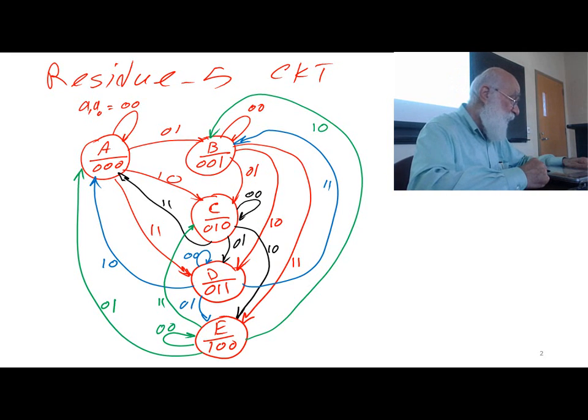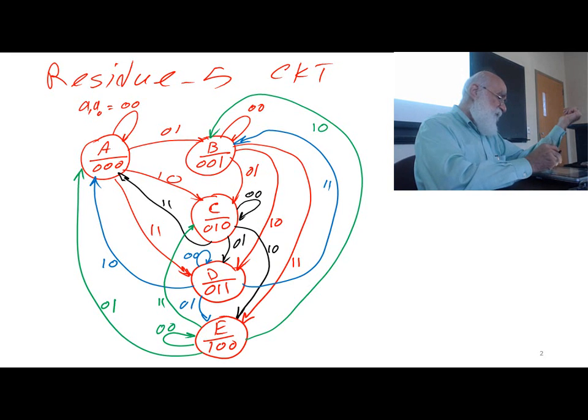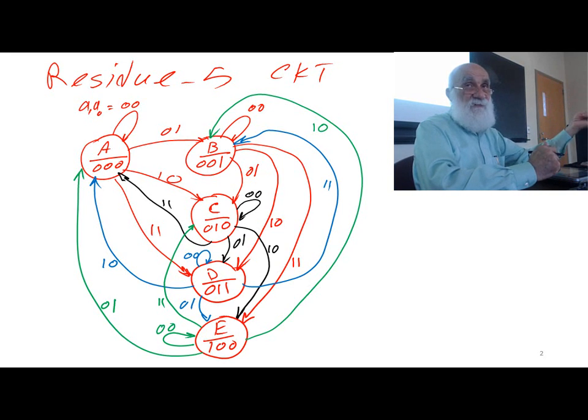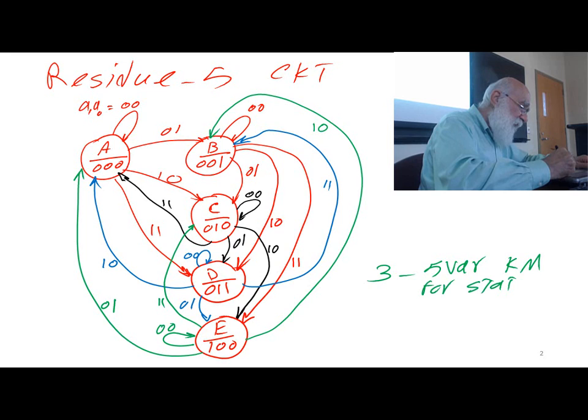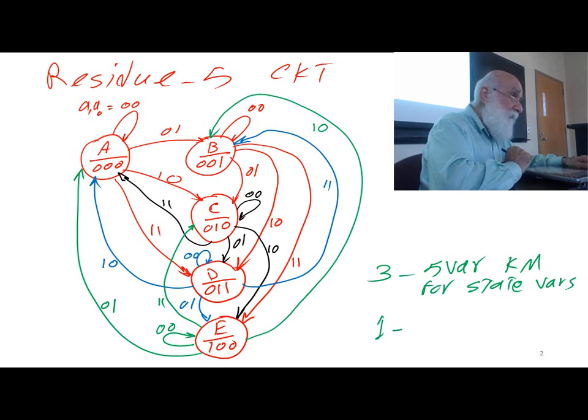The outputs are there, and if I were to implement this with Carnot maps and all that, I would have 1, 2, 3, 4, 5 states requiring 3 state variables, 2 inputs requiring 5 variable Carnot maps. So I would have 3, here it is, 3 5 variable Carnot maps for the state variables, and then I need only 1